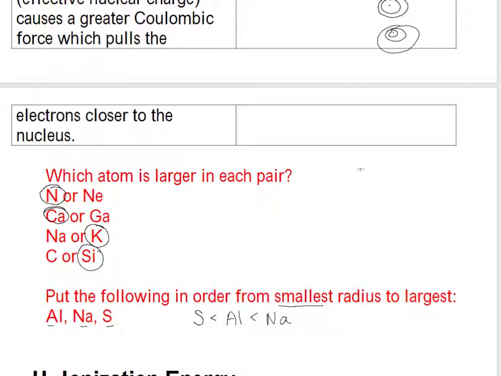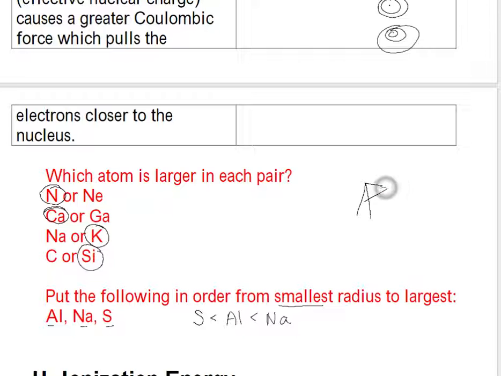Okay, I have a silly symbol to help you guys remember the trends. If you understand the reasoning, you don't have to memorize them because you'll just use your brain to figure it out, but sometimes we need a little reminder. So as you go down a group, it's showing you that the smallest atoms are on the top and the biggest atoms are on the bottom. And as you go left to right,